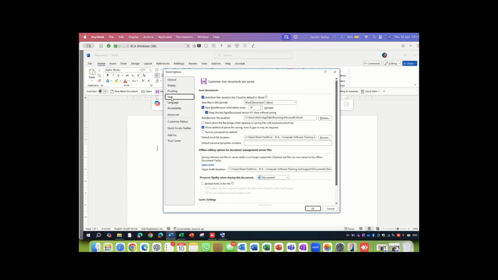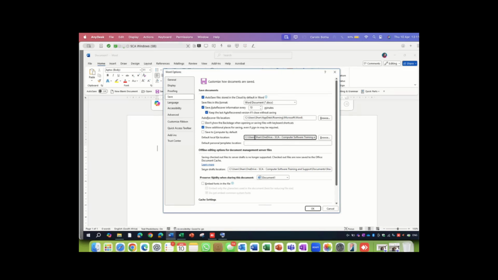Secondly, the save options is important. Please make sure that the default local file location is your OneDrive if you use the package. We'll talk about that when we look at Windows later on in the sessions, but you need to have a default file location.